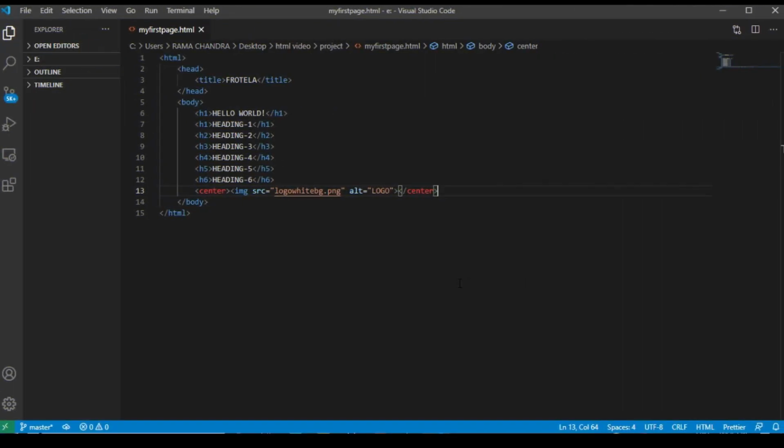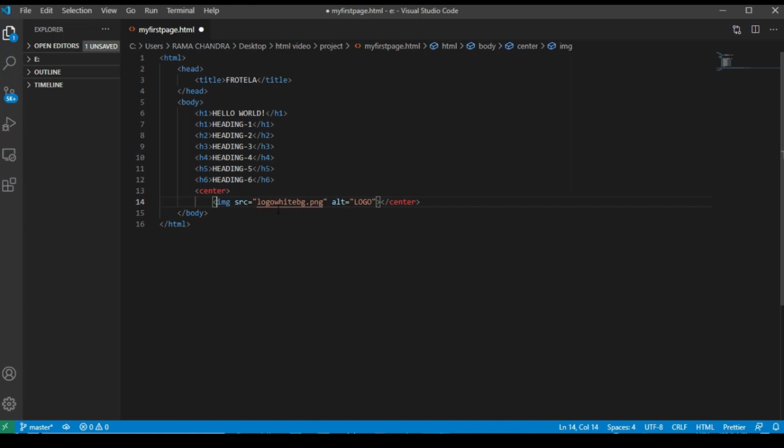Here, let's use some of the attributes in our image tag. Let me add width to this image.